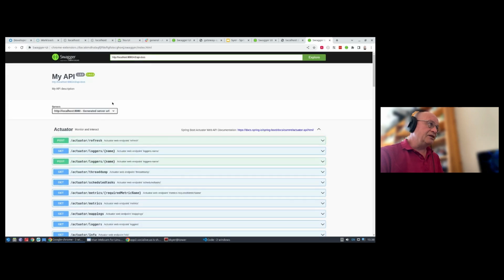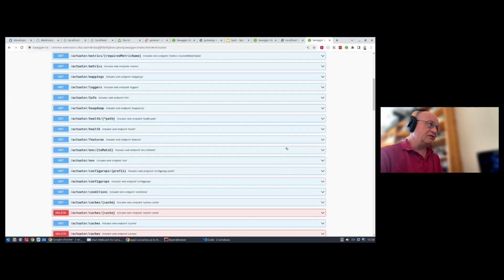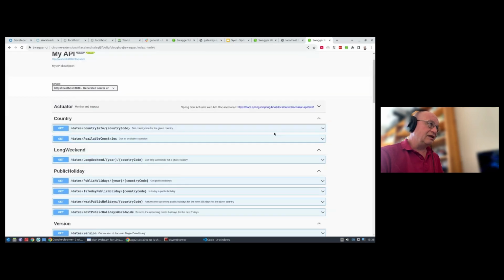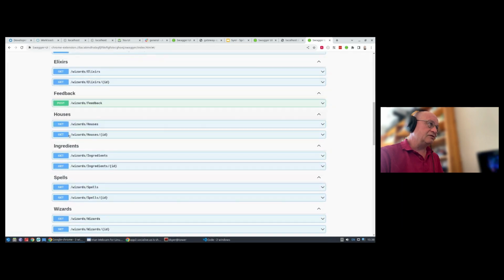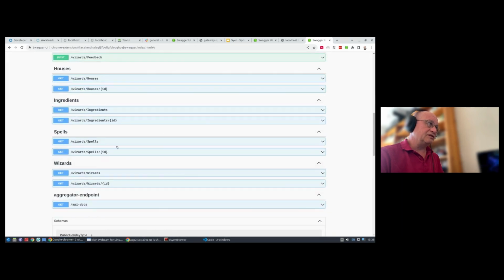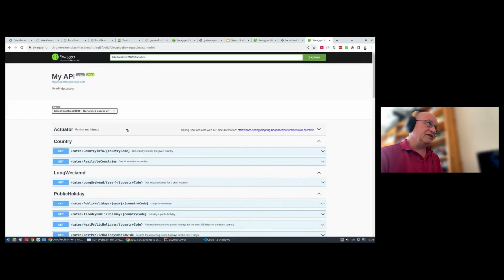There you go. And now you can see actually that I've got all my actuators. So the actuators are listed as a separate group of endpoints. And then I've got countries, and I've got wizards and stuff to do with wizards. So there's the API exposed, and it all works. And it's done things like, it's kind of a refactoring operation, right? So when I changed the path from /v3 /API/v3/country info,